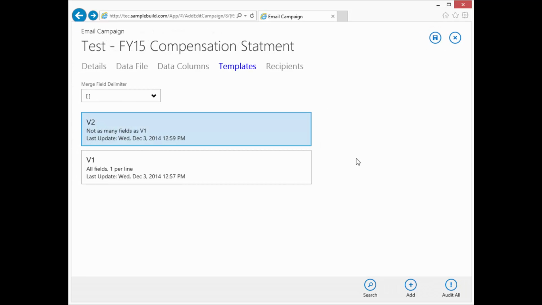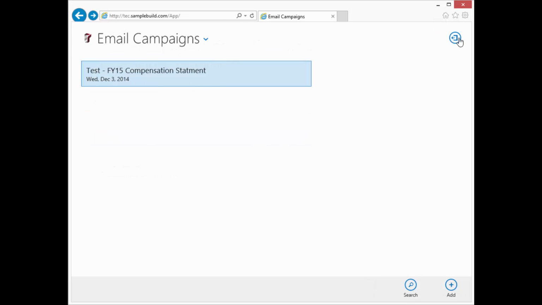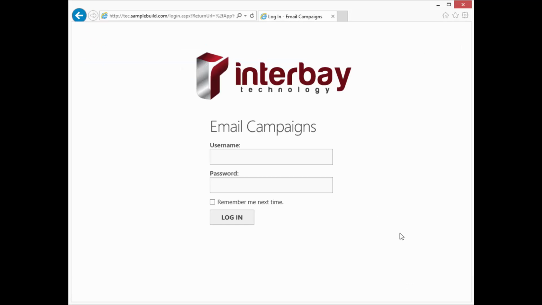So that's going to complete the part about templates. Next in the list is the recipients, and it's going to be a little longer, but perhaps not. So go ahead and save your campaign and log out of the application. We'll see you at the final